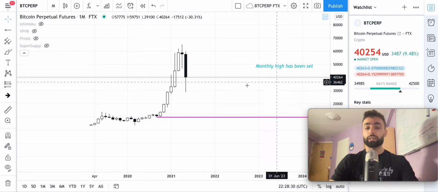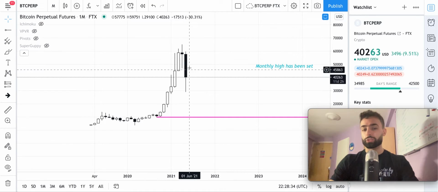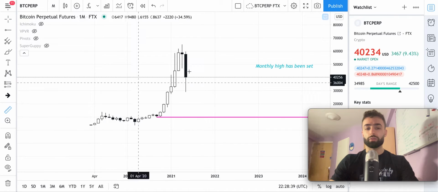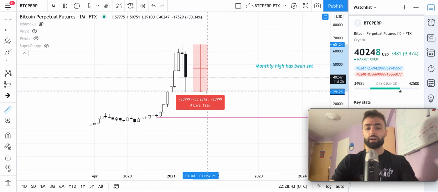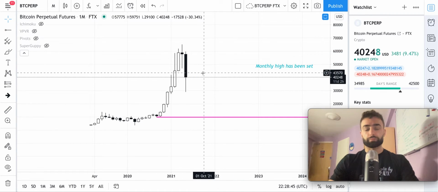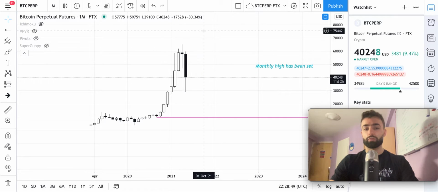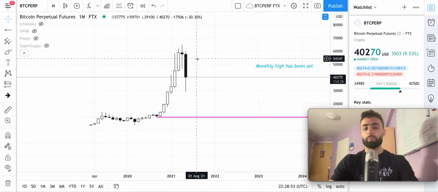Now, considering the magnitude of this drop, this also decreases our likelihood that we'll just go right to a higher high, because we've dropped so much already. Since the high, we've already drawn down about 55%. So the odds that we'll just go right up from here on the monthly time frame and go for a higher high are not as good as the odds that we'll come up and form a lower high